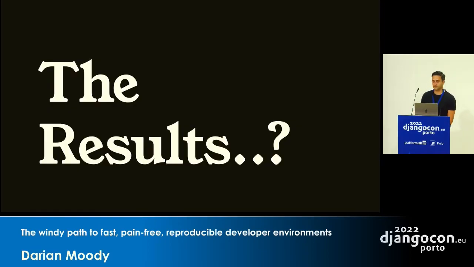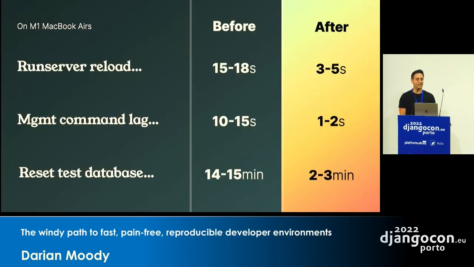So the results, I'm getting close to the end. Huge speed ups across the board. Way more than the 50% we were hoping for. Run server reload down to 3 to 5 seconds. I was speaking with the Colo peeps outside about getting this down further because I still think it's quite slow, to be honest, for a large project. Needless to say, it was a massive success. But the larger success was really discovering Nix. And that brings me on to